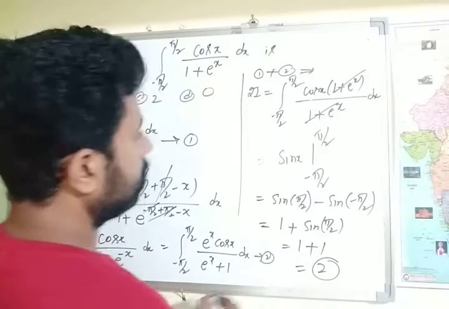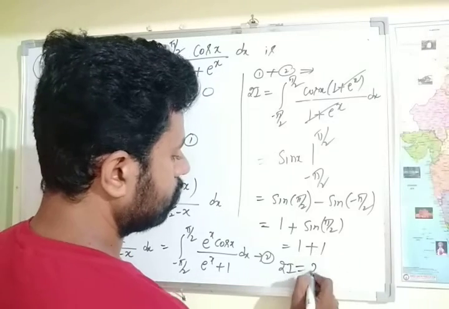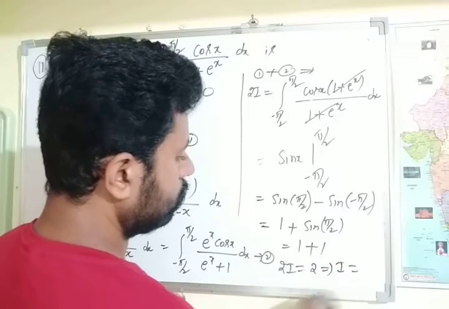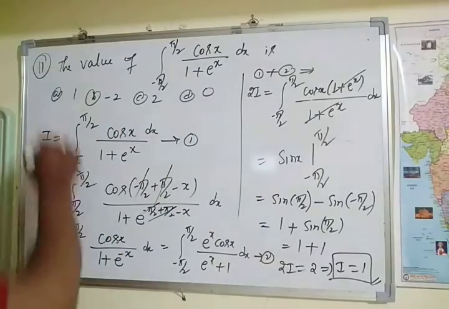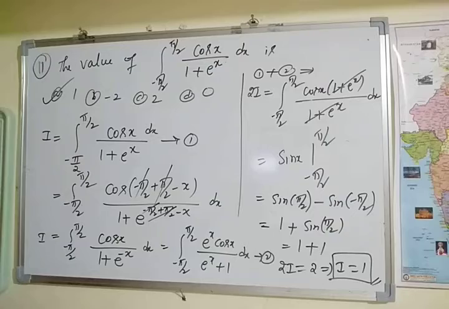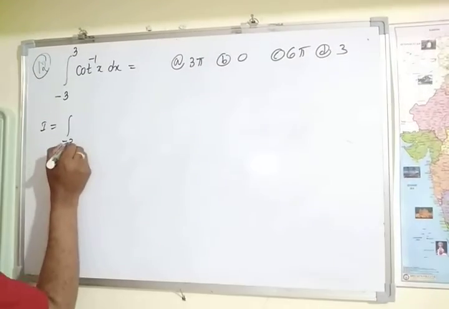So 2I is equal to 2. The 2 gets cancelled. I is equal to 1. Option A is correct. Now here we have I is equal to the integral of minus 3 to 3 cot